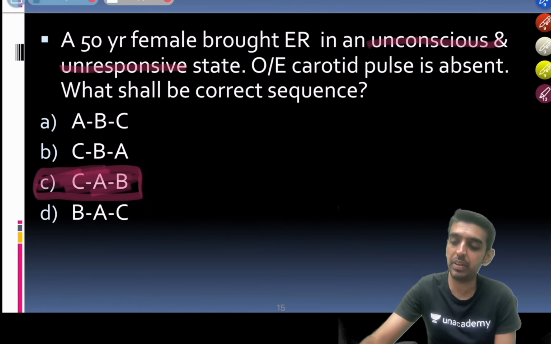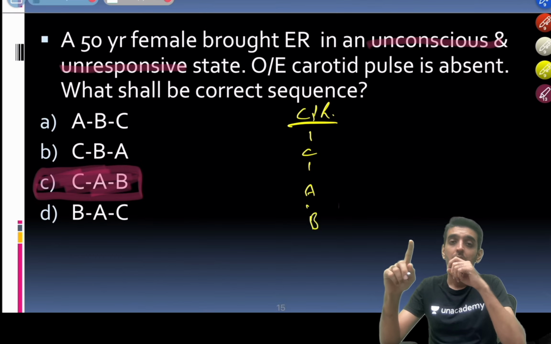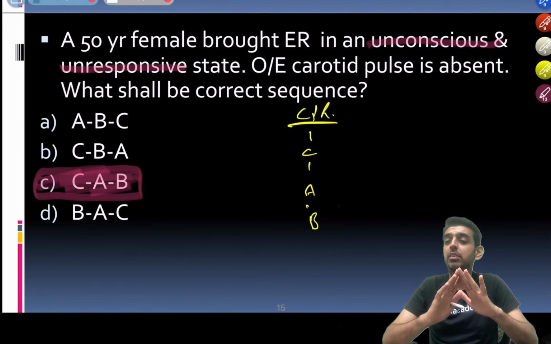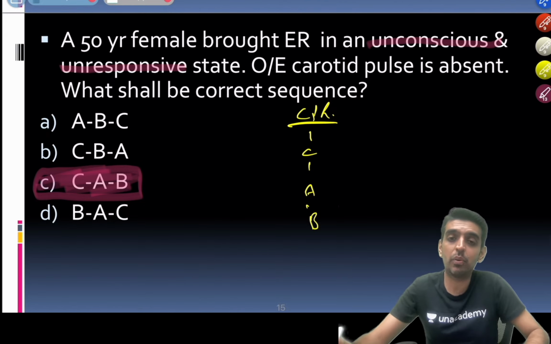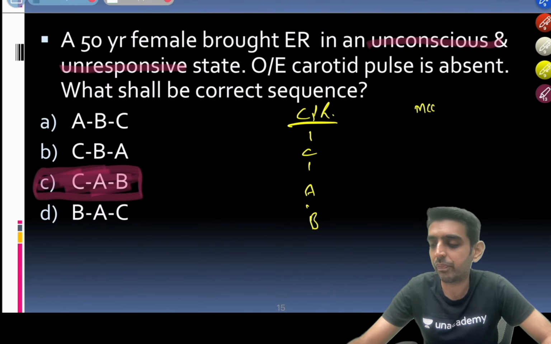So whenever CPR comes, the first thing that you have to do is CAB. Everybody understood? Let me know in the comment section. It's a basic question, but this is where we tend to commit mistakes. There's also one thing I would like to bring to your notice: whenever we are solving MCQs,